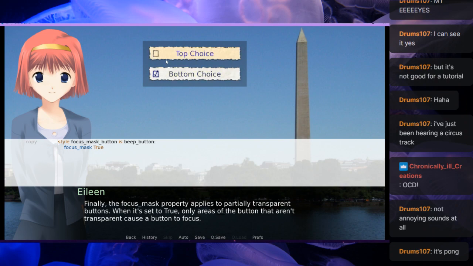What? Only areas of the button that aren't transparent cause a... Are parts of these buttons not transparent? I'm very confused.